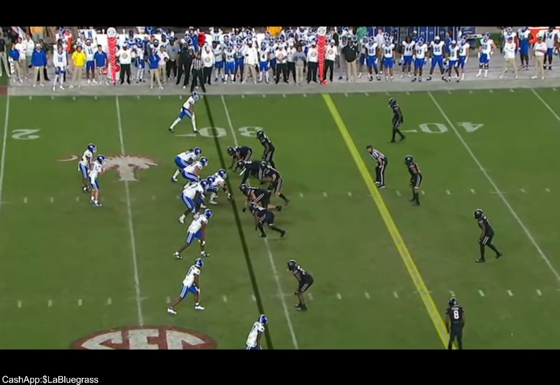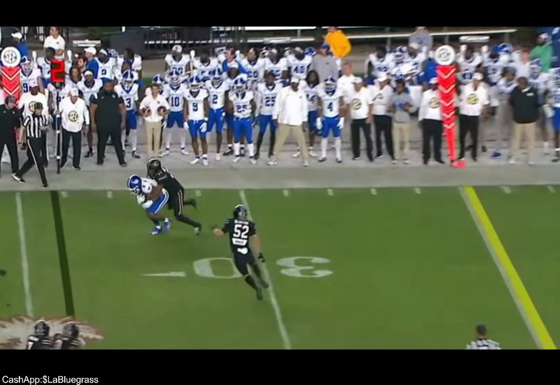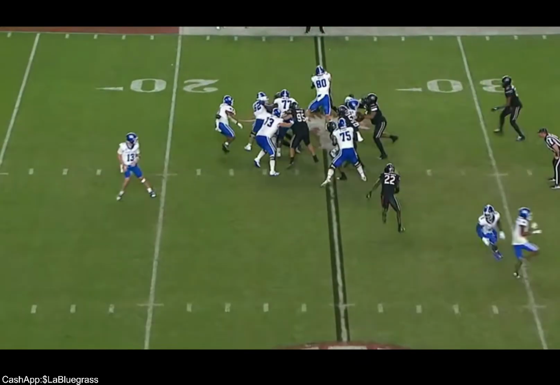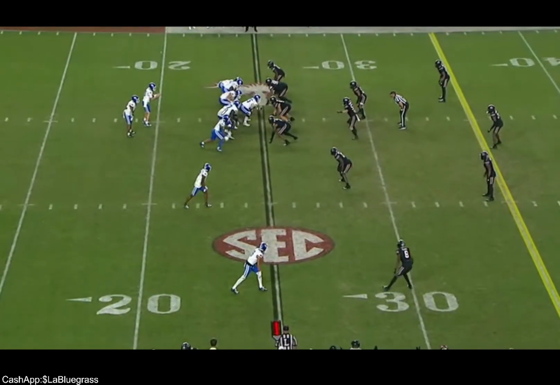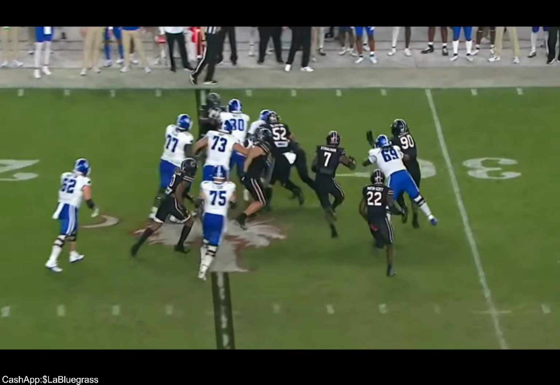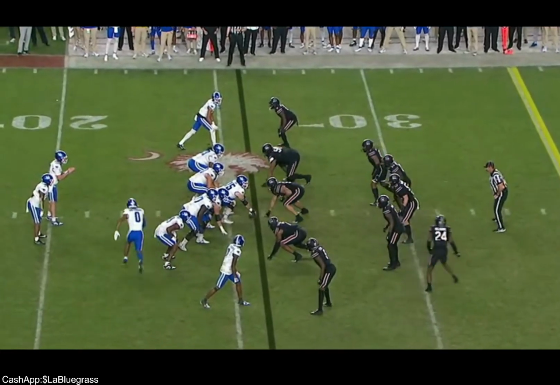But see that play? No one saw it. But if a corner makes a mistake, 100% of the people saw it. Dude, this is embarrassing. I'm going to go back to it because I want people to understand. This is embarrassing. You got a guard pulling this way, a guard and a tackle pulling this way, and they meet in the backfield. That's embarrassing. But nobody saw that. Right? I guarantee you no one saw it. Because I didn't see it live. That's embarrassing.